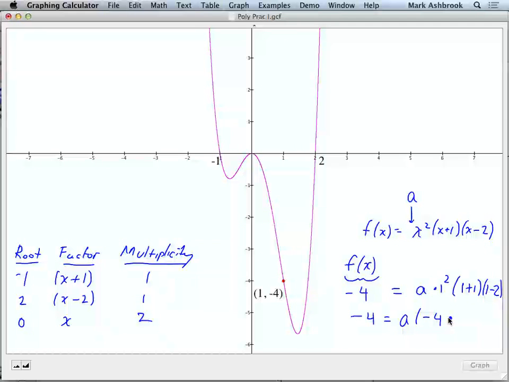No, -2? No, -4. Did I do it wrong? -2. Thank you. Therefore, A equals +2. So our final answer here is